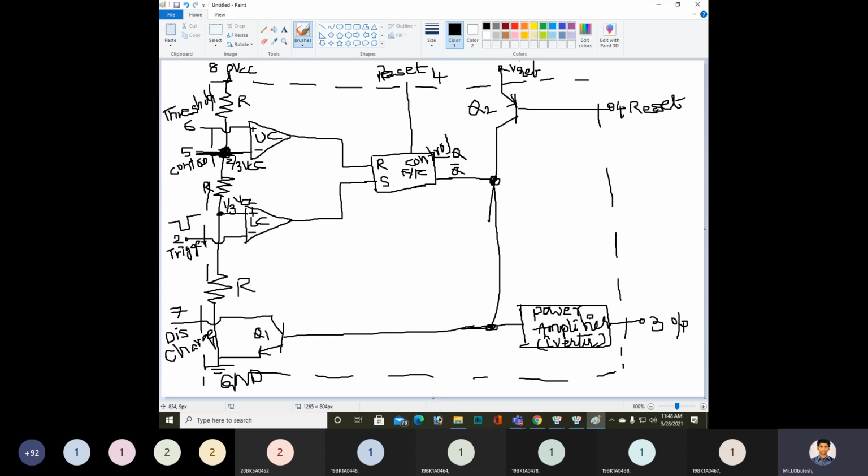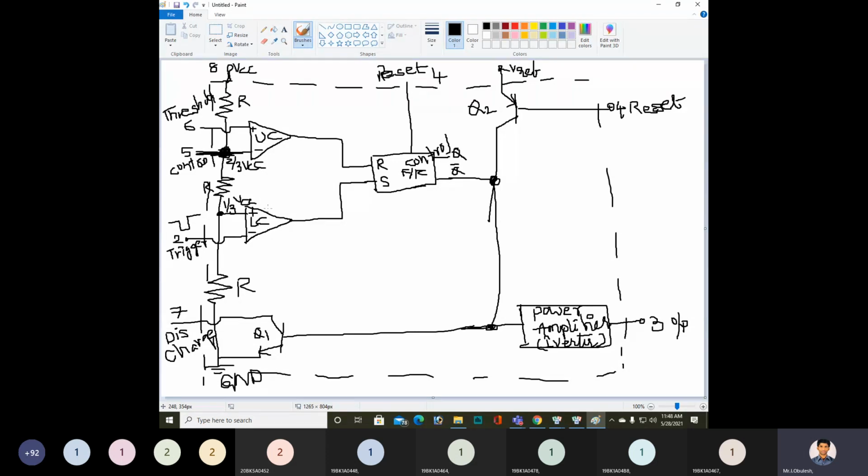You need to see that here we have two comparators, an upper comparator and a lower comparator. Let us assume that these two act as ideal operational amplifiers. If these two are ideal operational amplifiers, what will happen? There is no current flow through the operational amplifiers. All current flows through the resistors R.